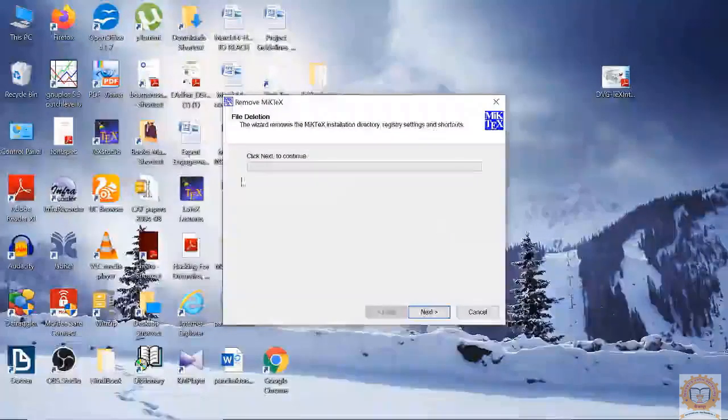So now the complete TeX system from my computer has been removed.